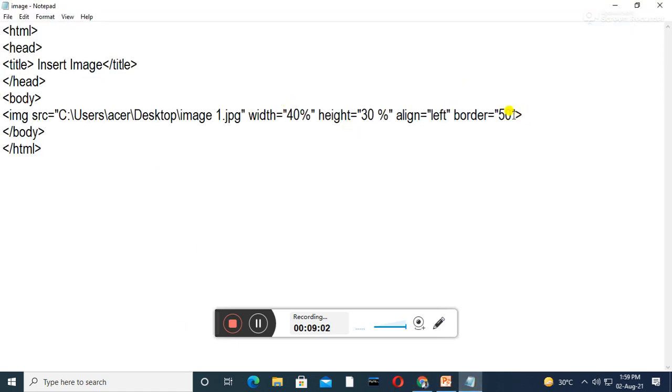Look here, the thickness of the border. These are all the border thickness. Only the image is showing in this area. The thickness of the border you can change by using the border attribute. Here are border, align, height, width and src. In the alt attribute you can write some alt equal to alternate text.